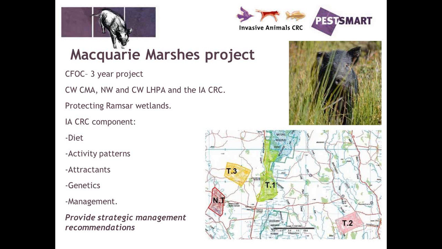So our component was to study the diet of feral pigs, get a bit more of an understanding of some of the activity patterns, which we did via remote cameras, and bait attractants, so what works there, because it's quite a difficult area to bait feral pigs because resources are often quite abundant. And we also did some work on the genetics of feral pigs, like what is the size of the area that we need to target the entire genetic population. And all this was condensed down to management objectives to work out how we might be able to manage feral pigs better in that particular area. So that worked really well.